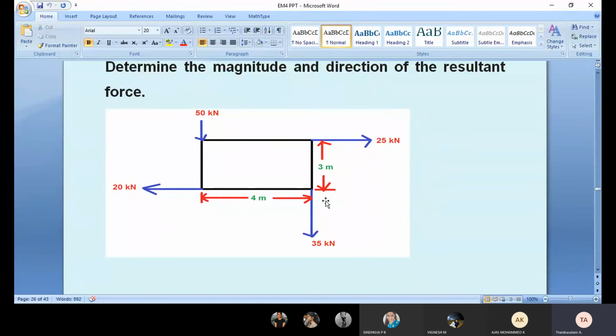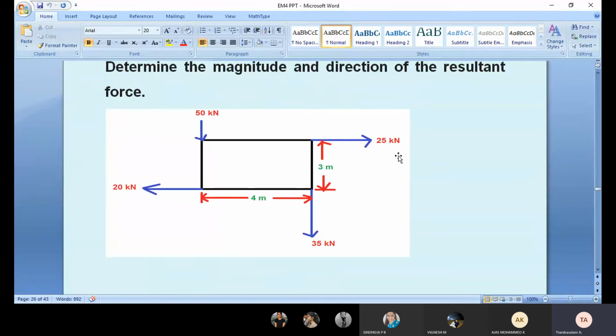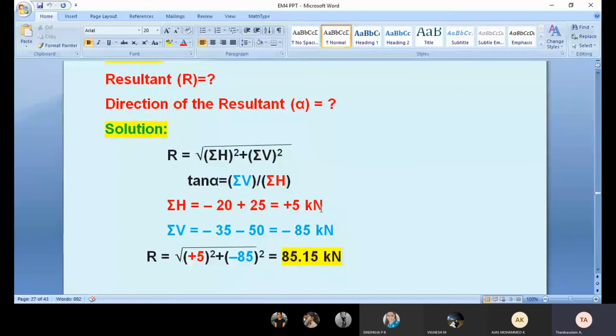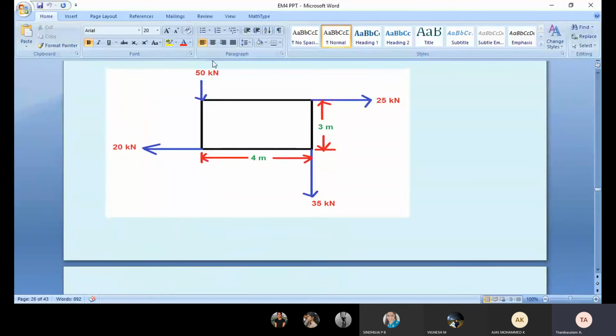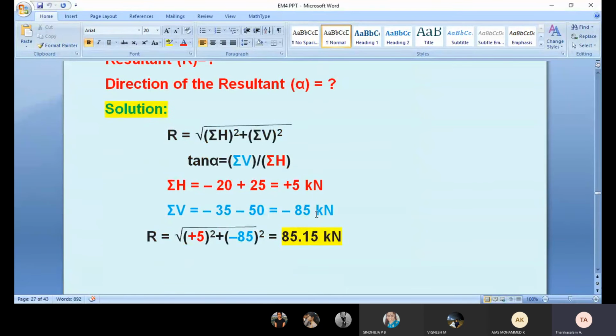4 forces acting. So we have the formula square root of summation of H squared plus summation of V squared. What is summation of H? Adding all horizontal forces. What are the horizontal forces? 25, plus, it goes in the plus x direction. Minus 20, it goes in the minus x direction. See, while writing, be careful. Minus 20 plus 25 equal to 5 kilonewton. Then vertical forces, the y direction. My 50 is vertically downward. You see the arrow mark, it goes vertically downward, minus. So minus 50. 35 vertically downward, minus 35. Therefore minus 35 minus 50 is minus 80 kilonewton.